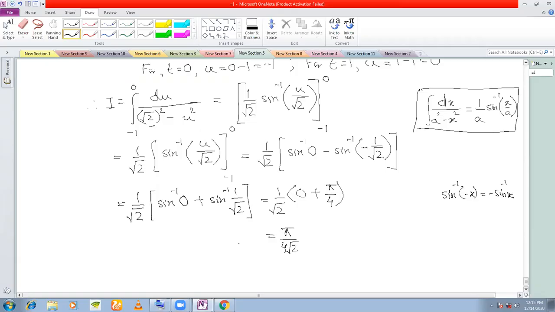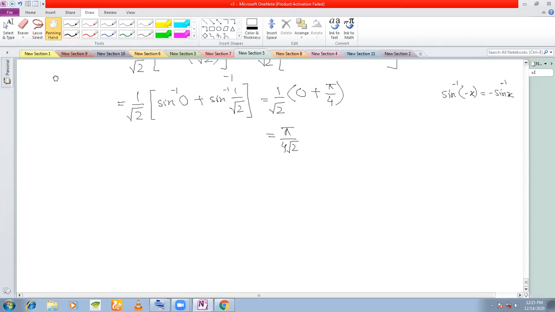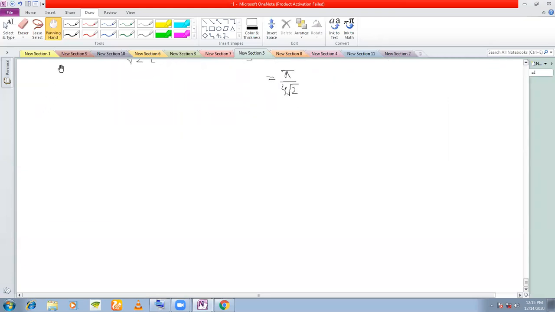Understood? So that is how we evaluate this kind of integral. This was maybe a little out of syllabus, but I just showed you the technique. I solved this problem when it came in your IC, when this was in the syllabus. And we'll do one last problem for today.